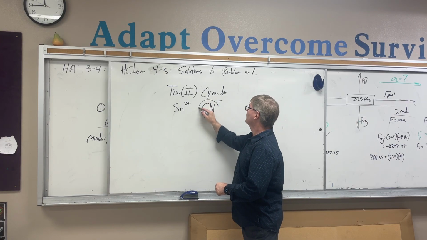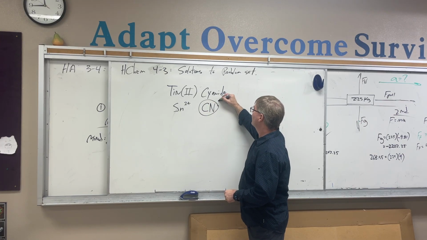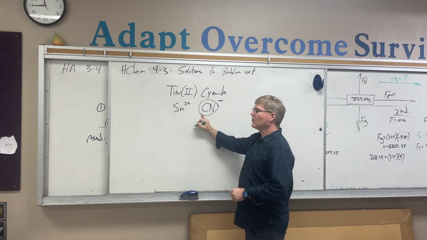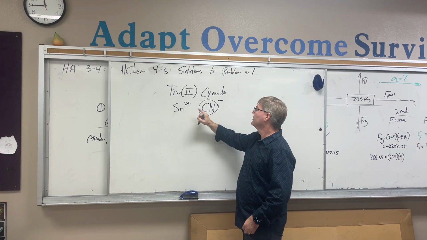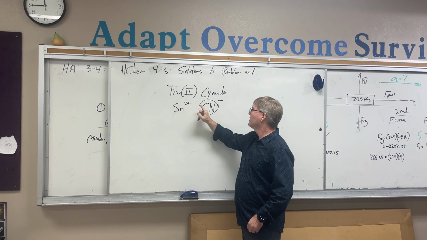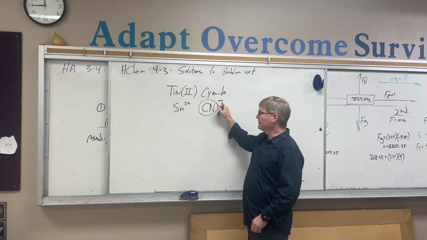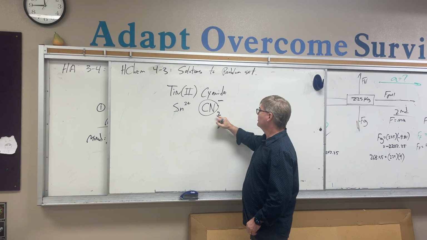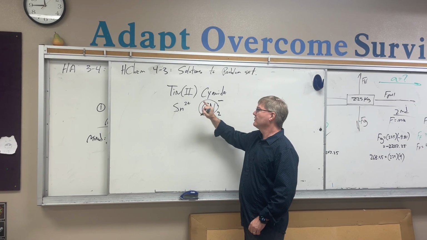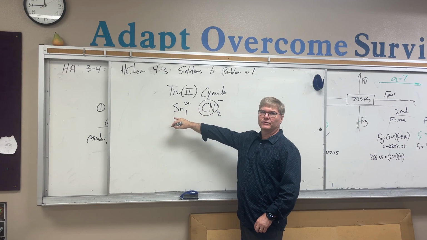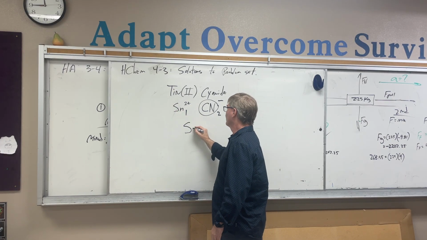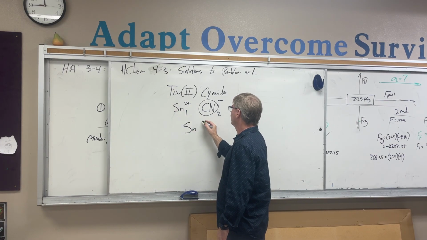Remember, we're going to treat this like one thing, and up here's its overall charge. Down here will be its overall ratio in the compound. We've got 2 positive charges, 1 negative. Those are not equivalent, so I'm going to need to double these to get 2 negative. So there must be 2 of these cyanides bonded to one of these tin 2s in order for charge equivalence to occur. Therefore, the formula will be tin